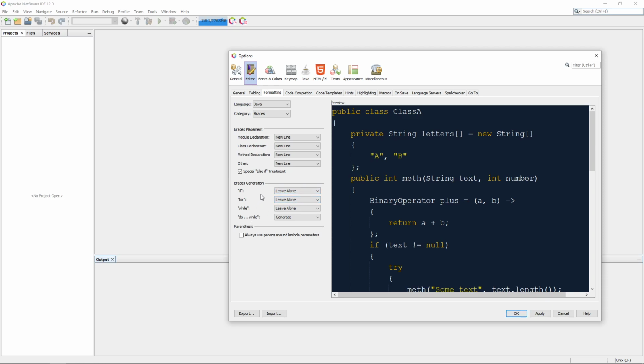The IDE will also attempt to make curly braces for you, and so it might have generate for each of these three by default. I will switch them to leave alone, mainly because sometimes I don't want to make curly braces. I don't want it automatically making them for me, and I don't want to have to erase them. So these are the settings that I've played with for these,